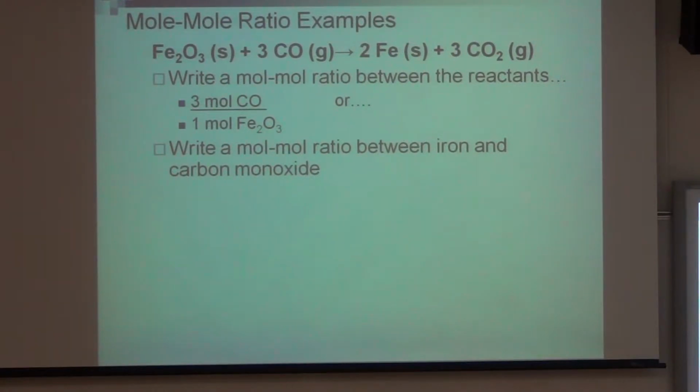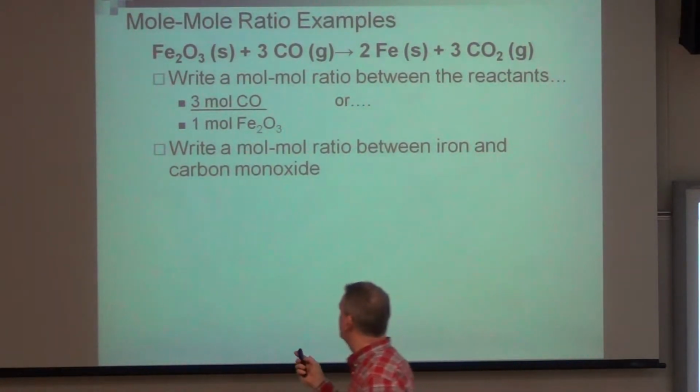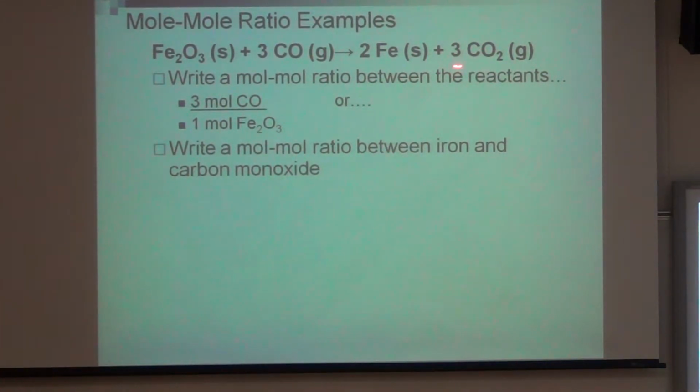Mole-to-mole ratio between the iron and the carbon monoxide. So this is what Emily was just referring to, so we can, oh, these are our products actually, iron and carbon monoxide. So we got a product and a reactant. So if we write that, it's either going to be 3 over 2 or 2 over 3. So we got to make sure that when we're doing these conversions in our T-charts, and this is where a lot of you are a little bit rebellious or a little bit resistant,